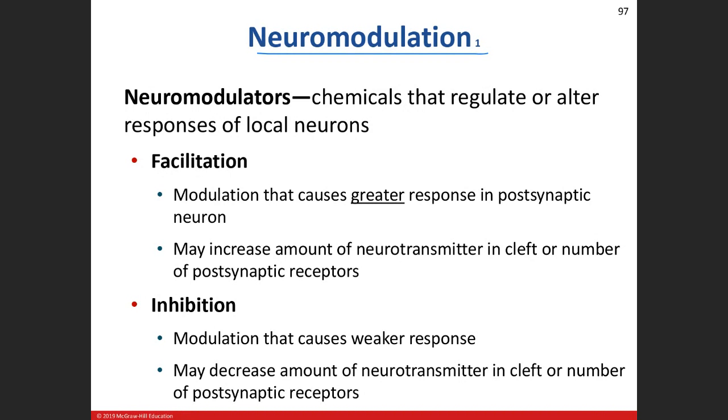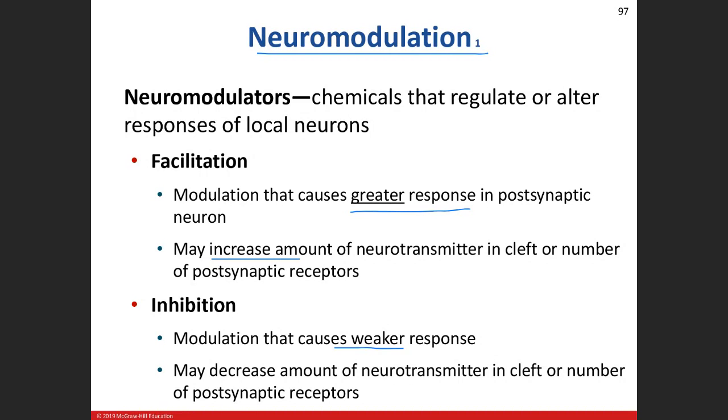When we talk about the first one, facilitation, we have a greater response. When we're talking about inhibition, I don't think I need to explain it, but it causes a weaker response. So in facilitation, we'll increase the amount of neurotransmitter that is released from the presynaptic neuron into the cleft. And therefore, if there's more neurotransmitter,